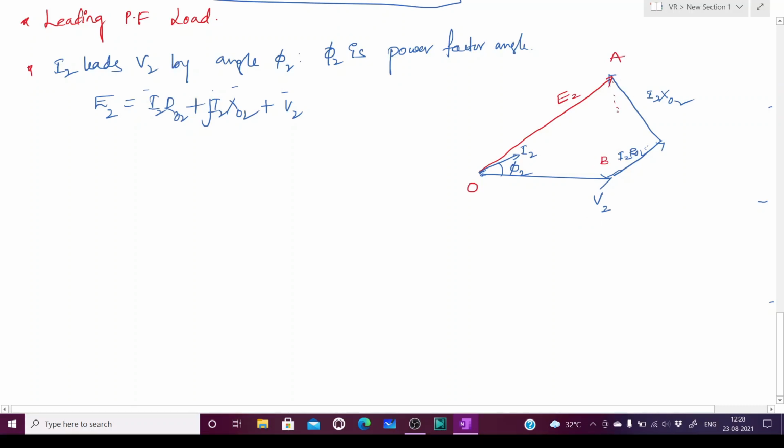and this phasor's length here has point C, and this phasor's length here is point D. So OD has the same length as OA. OD is equal to E2. I am drawing OD, which is the component of E2 along V2. We need to find E2 minus V2, right? So E2 is OD, minus V2 is OB.